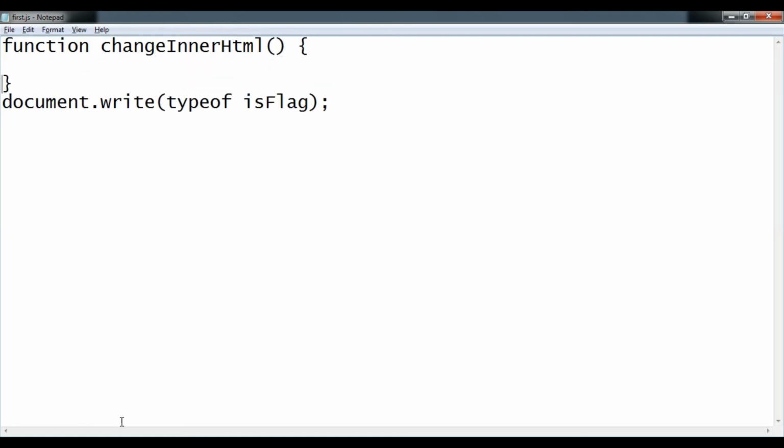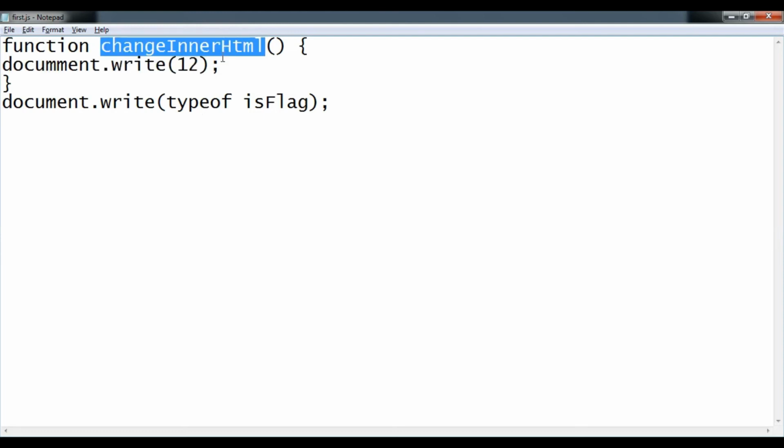So function, as I already told you in previous videos, consists of some statements and performs some tasks based on your requirement. Okay, so here we are creating the function changeInnerHTML, and in this changeInnerHTML we are writing this document.write to just print this value 12.